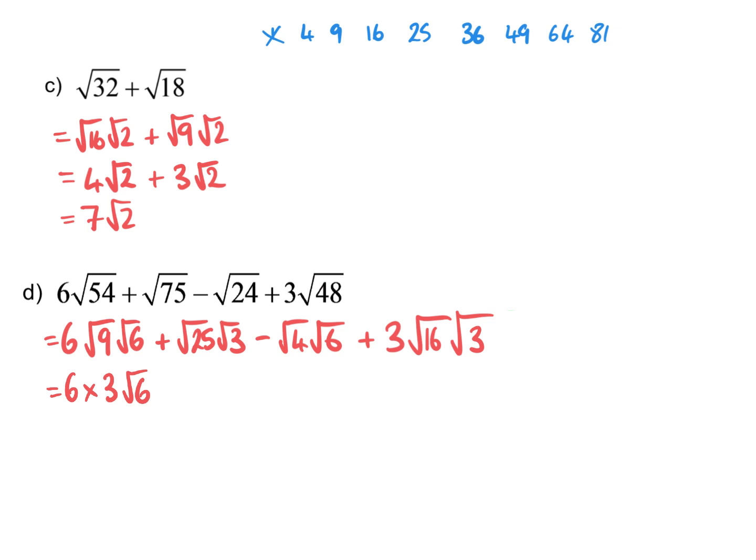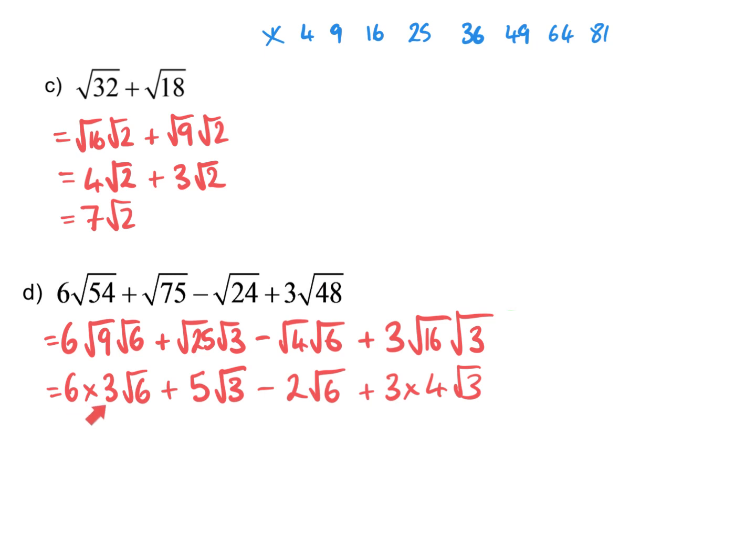It's going to stay as it is. Plus the square root of 25 is 5, and the root 3 again is going to stay as it is. Minus root 4, which is 2, and root 6, again we can't do that, so we're just going to leave it as root 6. And then that's 3 times the root 16 is just 4, and that's 4 lots of root 3. Now before I go any further with this and start collecting terms together, I want to tidy this